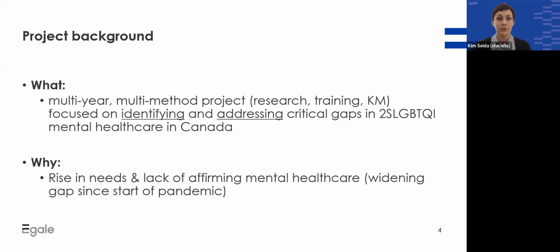So why now, and why are we doing this project? 2SLGBTQI people are falling through ever-widening gaps in the Canadian mental health system, including related social services that focus on things like housing or employment or food security. The pandemic has heightened rates of mental health disorders like anxiety and depression and substance use, and compounding this problem, exclusion and discrimination in healthcare systems prevent 2SLGBTQI people from accessing the inclusive services and care they need to manage